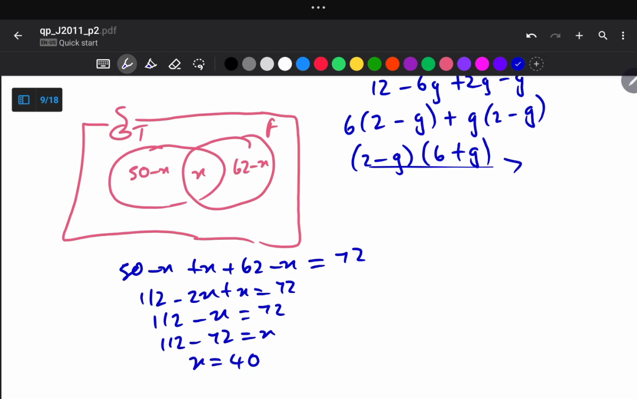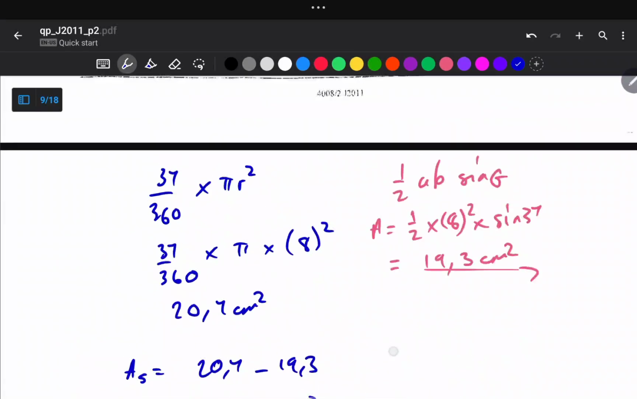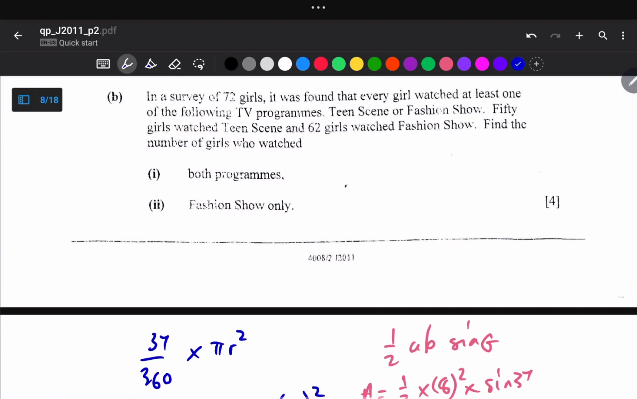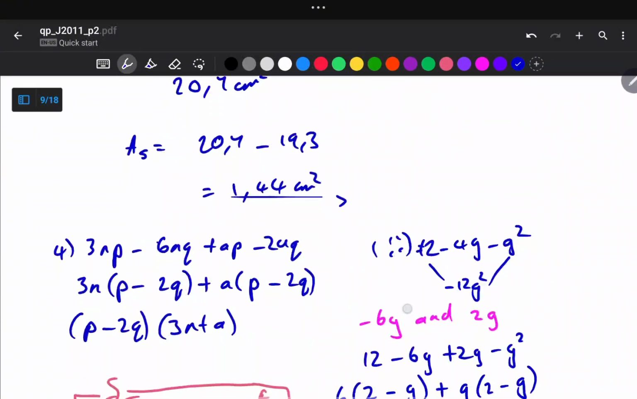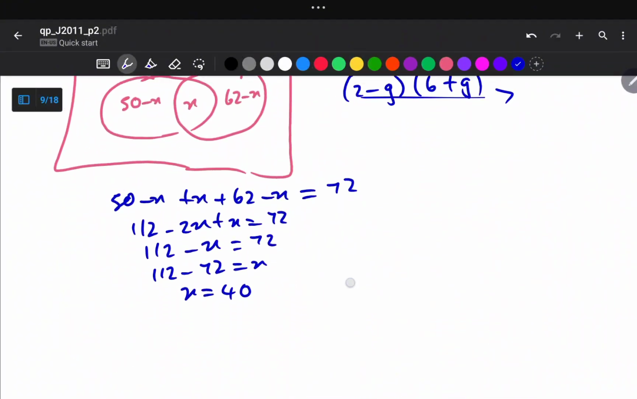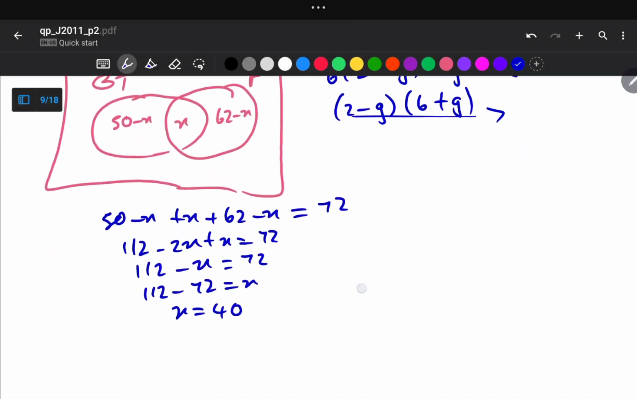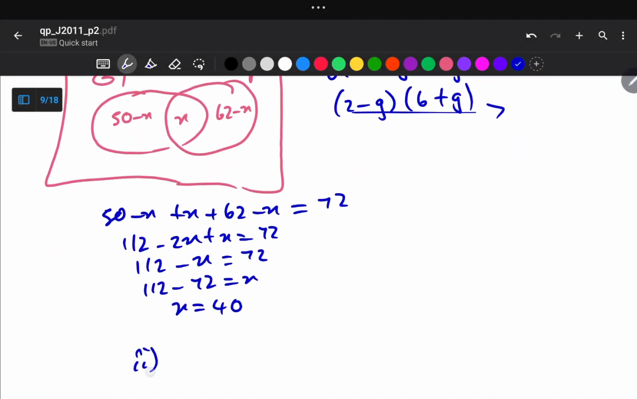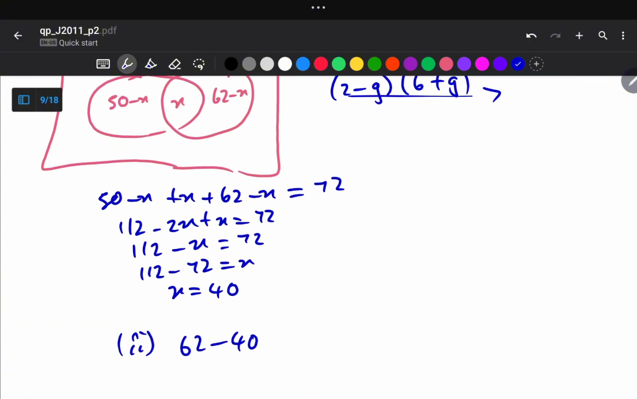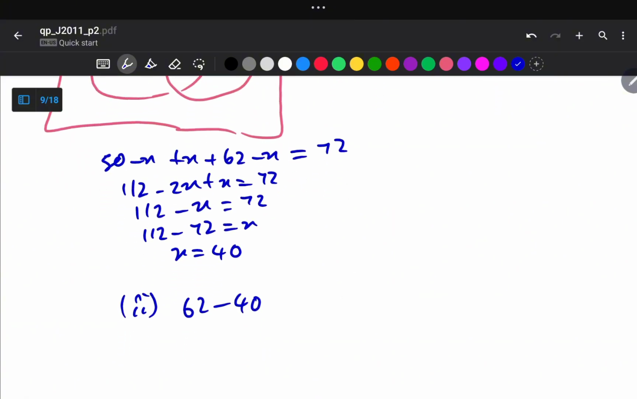Okay, and then the next part of the question required us to find the number of girls who watched fashion show only. So for fashion show, it is equal to 62 minus x. So here we can now say it is 62 minus 40 for those who watched both the teen scene and the fashion show. So 62 minus 40 gives us 22. So 22 girls watched the